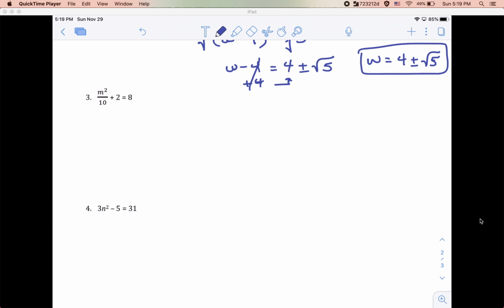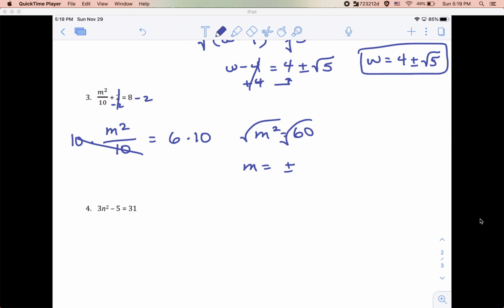Example 3: m squared over 10 plus 2 equals 8. We're going to subtract the 2. So m squared over 10 equals 6. The opposite of dividing by 10 is multiplying by 10. So m squared equals 60. Force the square root. m equals plus or minus,